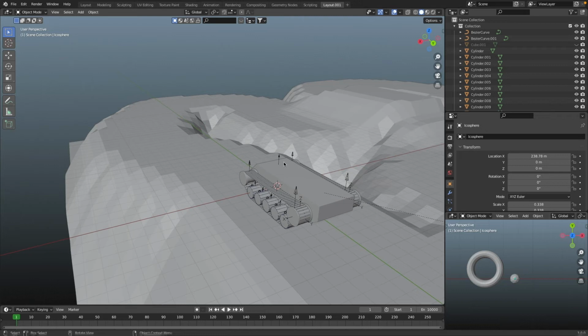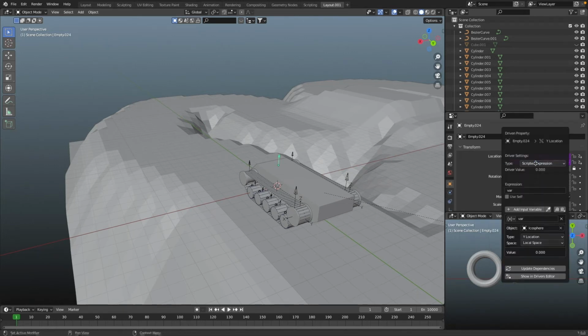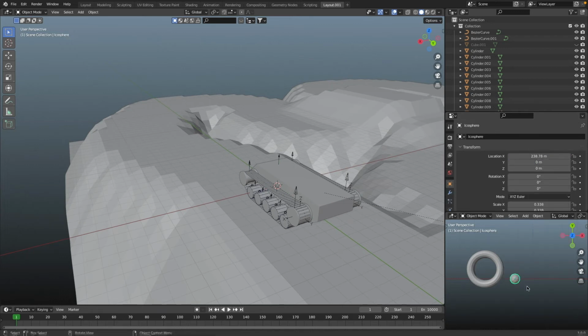But there's still a problem. There's always problems. We're gonna have to edit the Y driver and we're gonna have to set that to minus. What that does is basically if you move this forward, it goes forward instead of the alternate issues that, as I promised, we're not gonna have on my control panel setup. Okay, so now that we've done that, we need to duplicate this little icosphere.